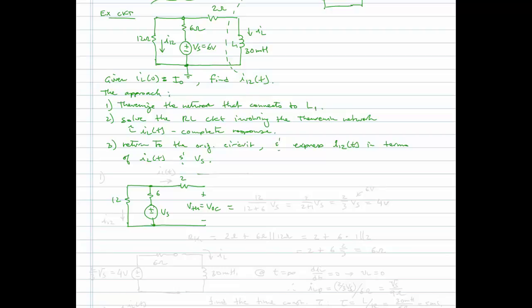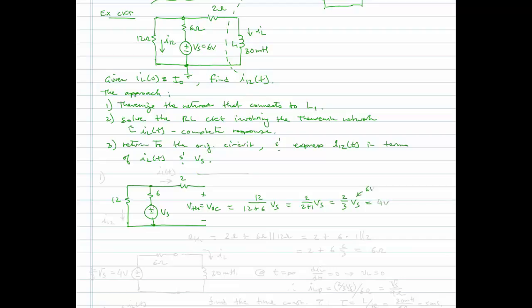The 2 ohms does not enter into it because there's no current flowing through it. So we'll have 12 over 12 plus 6 times Vs,